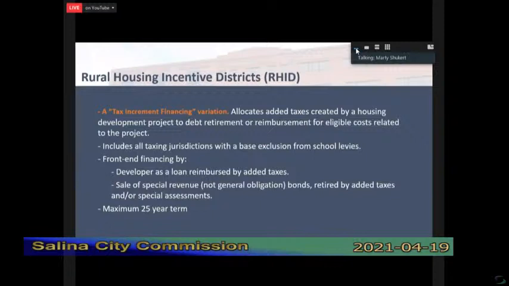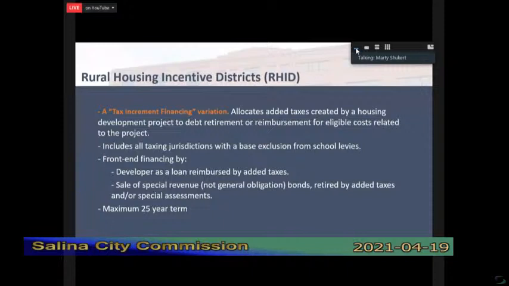It's interesting that when RHIDs were created, and I mentioned some personal interest in this because the first city to really use this tool was Dodge City, and is still really the authority on it. And we were involved in that as a result of housing work that we were doing in Dodge City for the city. And they really have done the most, I think, in the state with the RHID concept. When RHIDs were first created, Salina was not eligible because you couldn't be bigger than 40,000 people to be able to use an RHID.